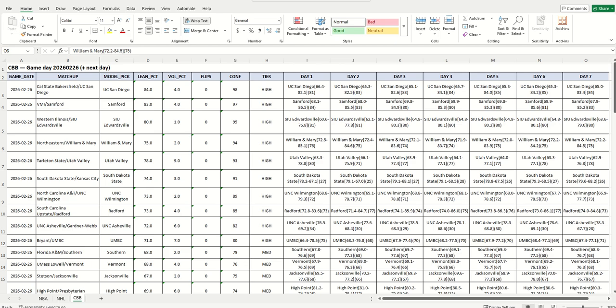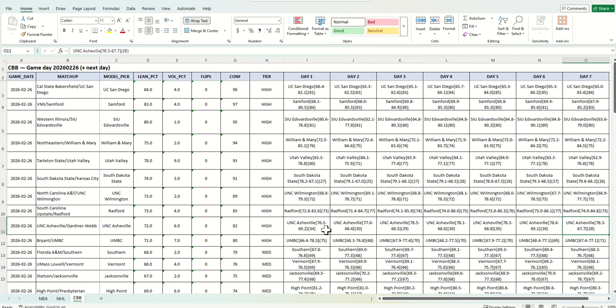But just to go through this real quick, this is my prediction movement file. I do have the college basketball right here. It's ordered the highest confidence of the day down to the lowest confidence. The lean percentage column, if you look at the D, this is what's in the parentheses here. If it is an away team that is favored, you'll see it as, say, 28. 100 minus 28 is 72. It's going to be the higher number. So away teams, you want a lower number in parentheses here.